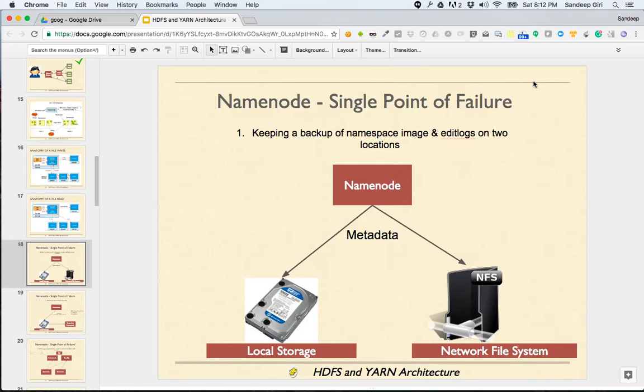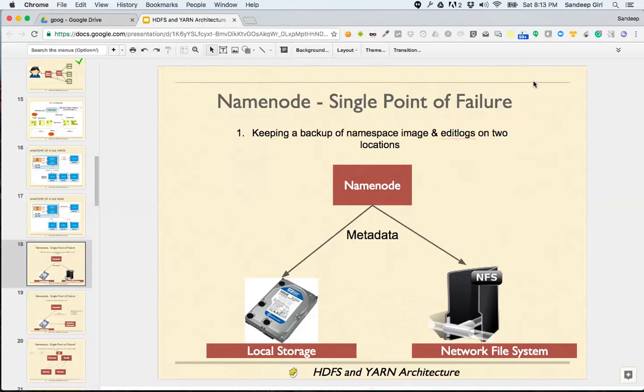If we maintain only a backup of the image, we might be able to recover name node, but not the latest one. We would also need edit logs. Let's say you have a name node, you were pretty happy, it was running.